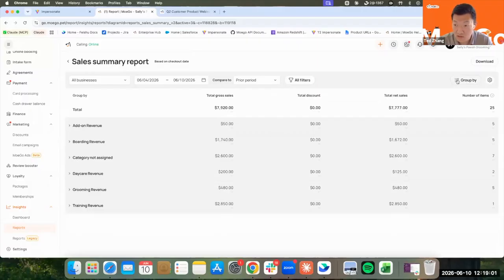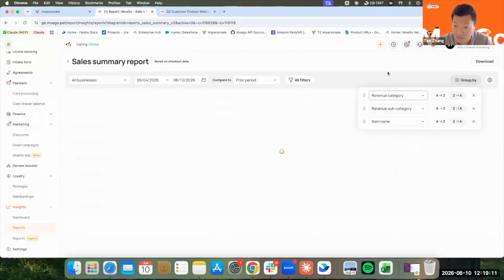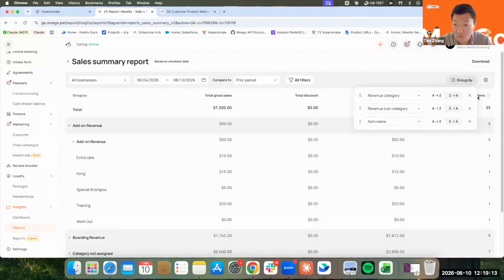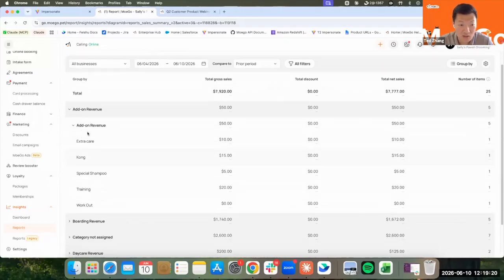But other cool things that I could do is I can also group by not only the revenue category, but I can also drill down even further based off of the item name. So I can get even more granular information, such as, okay, I know that I sold maybe $50 of add-ons. Exactly what was the breakout from those $50, you know? So I could see like, okay, I sold a couple Kongs, I sold some special shampoo, I also sold like a workout. And then not only do I see the amount of sales, I also see the number of